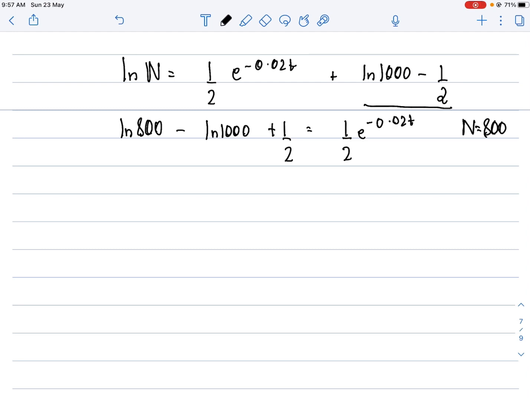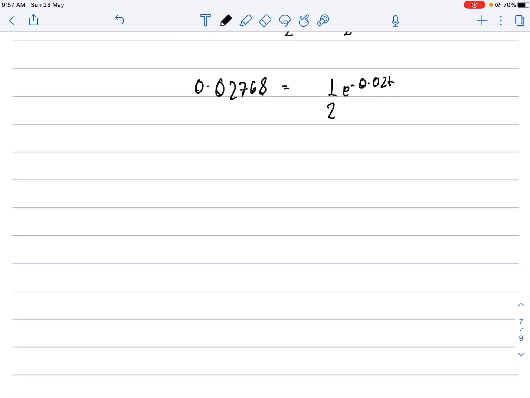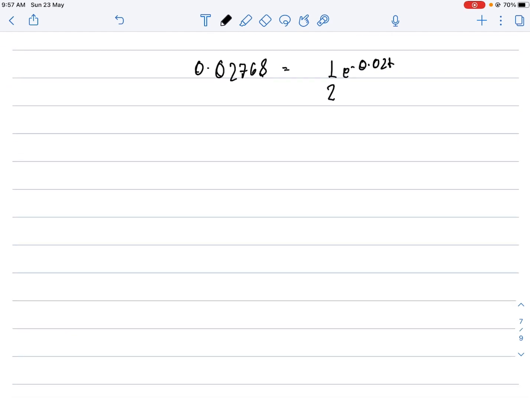Now I can simply solve this on the calculator. So ln 800 minus ln 1000 plus half gives 0.02768. It is equal to half into e raised to minus 0.02t. I can multiply 2 with this, so e raised to minus 0.02t equals